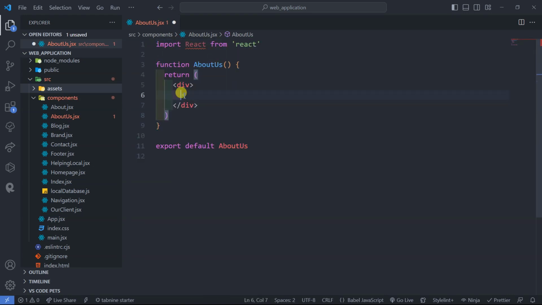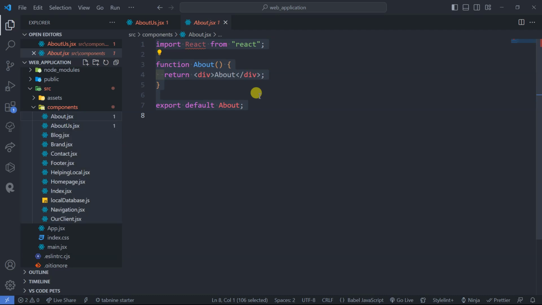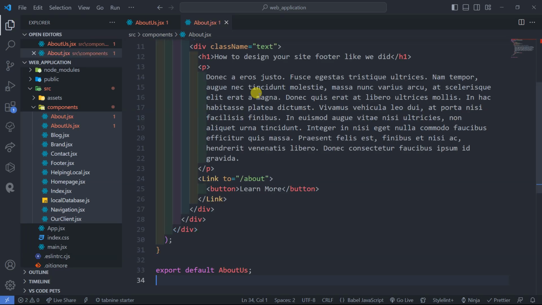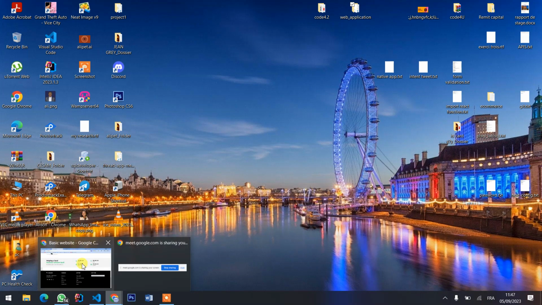Let's put here about us, then we go back into about. This is where our project is supposed to be. Then we wipe everything out with Control A to highlight and Backspace, or we click on delete, and paste all what we have here so that we can see on the screen what we are trying to achieve. So here now if you check on our about,